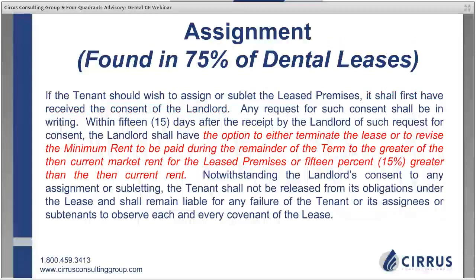The other issue with this option, and again, this is found in most lease agreements that I deal with, and in the course of any given week, I'm speaking with 10 to 20 doctors when it comes to understanding their lease agreement. And with respect to this particular portion of the assignment language, the landlord shall have the option to either terminate this lease. So immediately, simply us requesting consent, the landlord can terminate the lease, or to revise the minimum rent to be paid during the remainder of the lease to the greater of the then current market rental rate